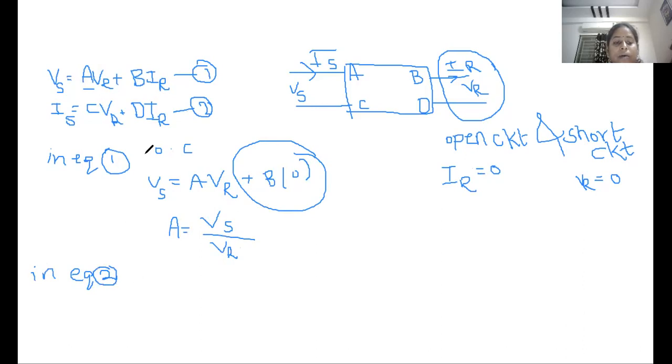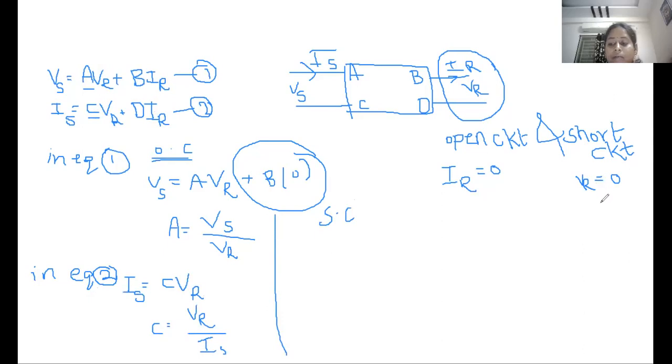In equation 2, we can get IR equal to 0. So the C value we can find out here. IS is equal to C into VR plus D into IR, and IR value is 0. So C equal to VR by IS. And for short circuit,